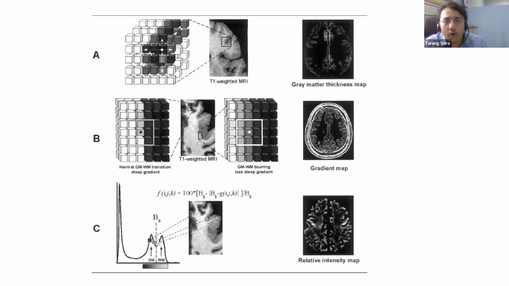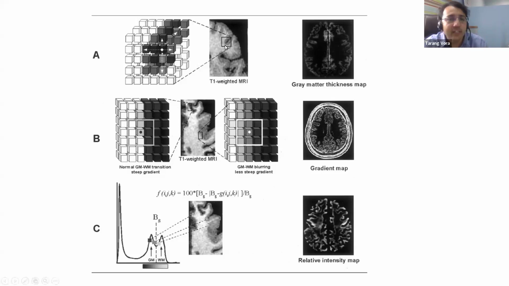Texture analysis means statistical or mathematical analysis which is done by the computer. It is not done by the human eye. What the computer can detect, the human eye cannot. The computer breaks down the signal from a T1 weighted MRI into multiple voxels. Like we have pixels, that is a 2-dimensional thing, a voxel is a 3-dimensional thing, as you can see the cube over here. The image on the left side is showing cubes. This brain image is broken into millions of voxels.